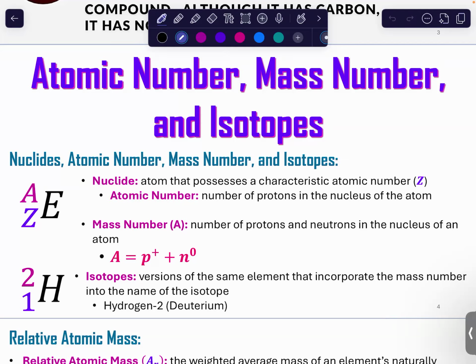So your mass number, and again, I'm going to be using all the symbols and language that you're going to see at the top levels. So when you start seeing them in articles and whatnot, you go, oh, I know what that is. But yeah, your mass number is the number of protons plus neutrons in the nucleus. And of course, you remember it's the number of neutrons that make the isotope. So, of course, you see the deuterium